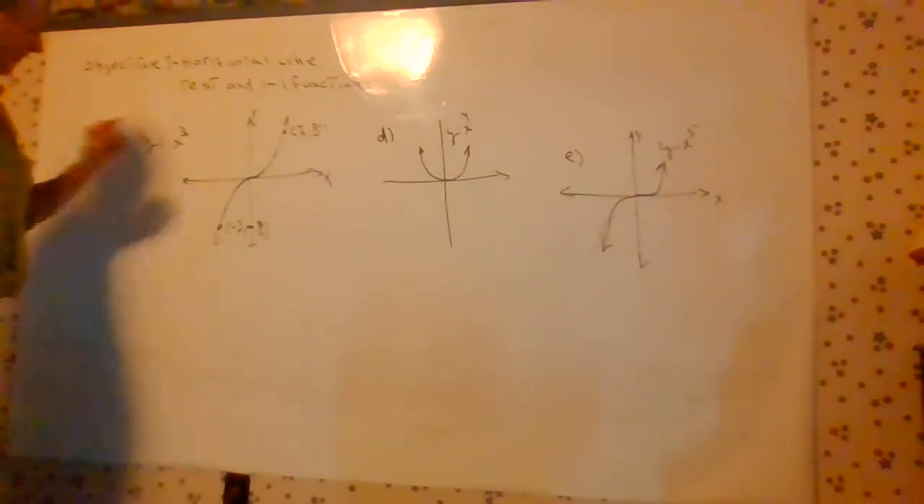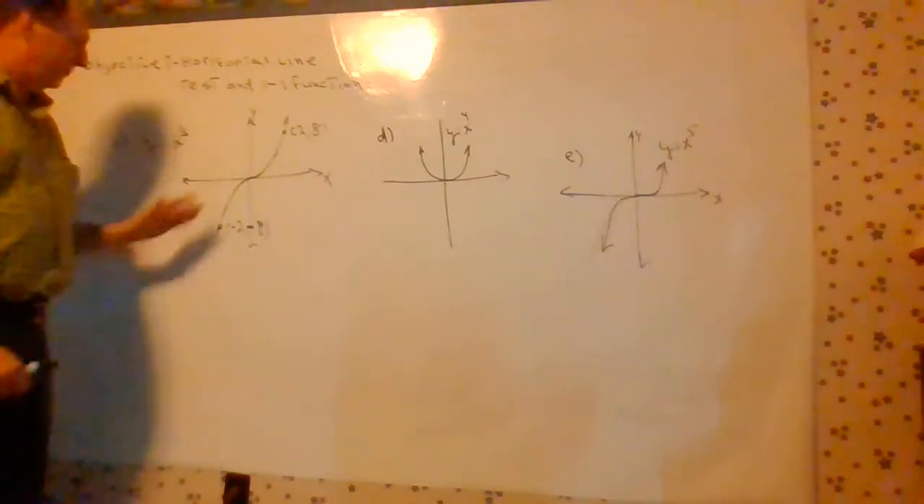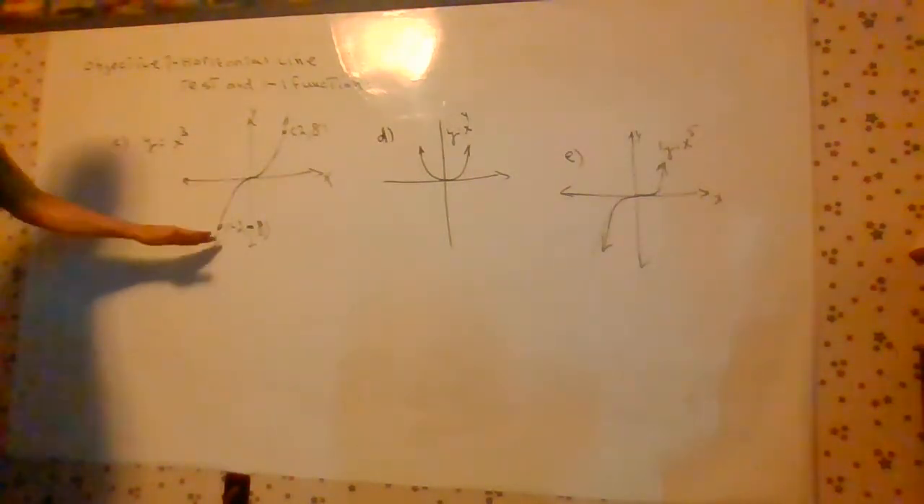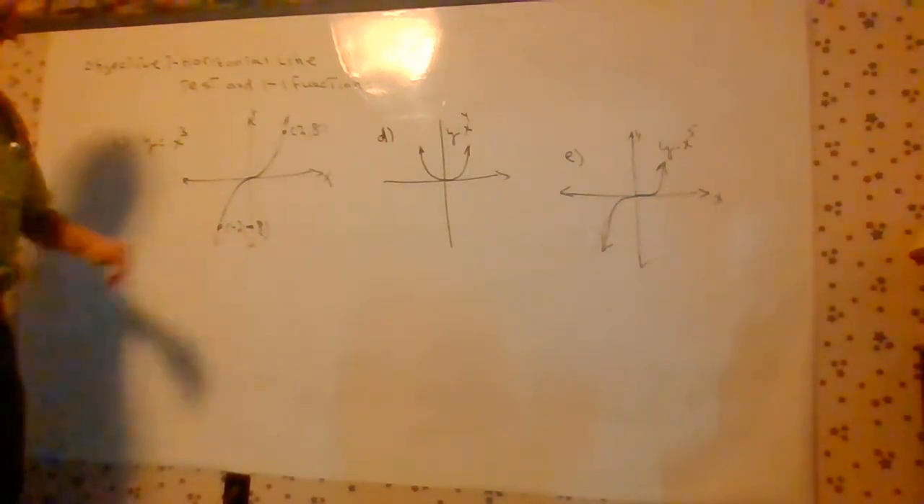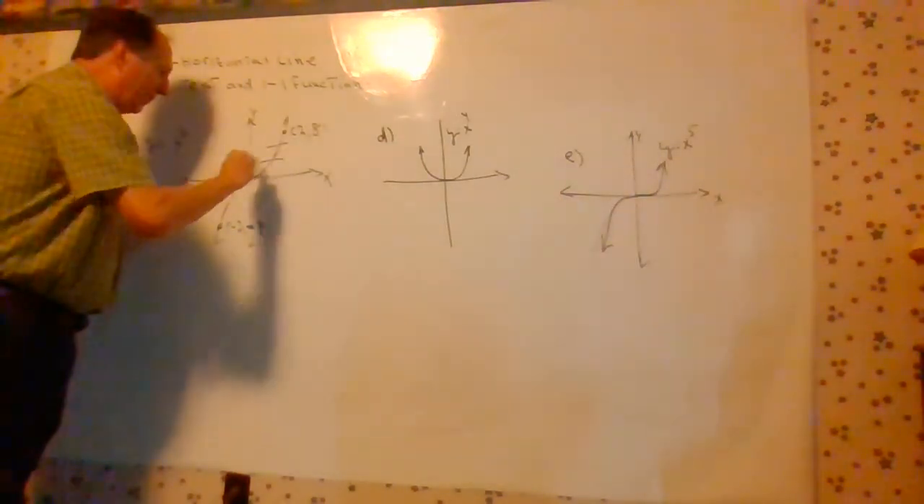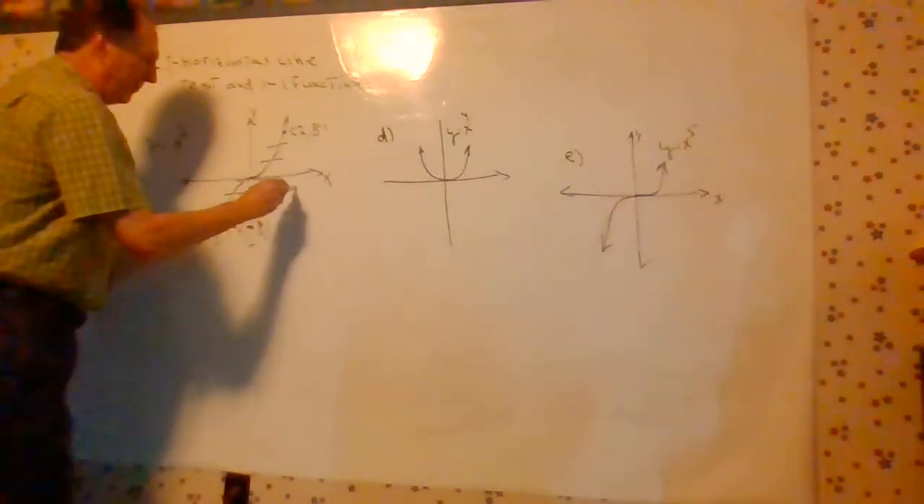Part C is y equals x cubed. Y equals x cubed bends upward in the first quadrant, but as we head to the negative realm, it bends downward simply because negative 2 cubed is negative 8. This, it turns out, passes the horizontal line test. So it is 1-to-1,